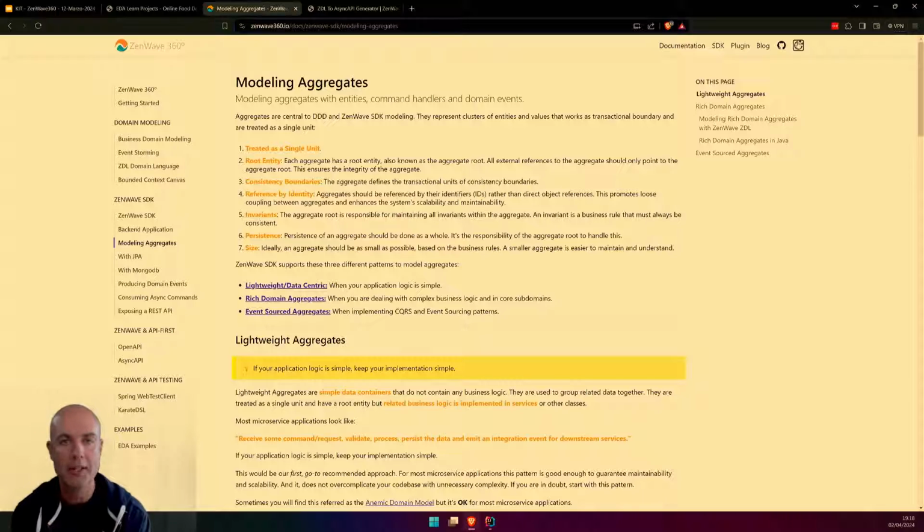From a domain-driven design perspective, an aggregate is a cluster of entities and values that work together as a single unit, a transactional boundary, and has a root entity and some data inside. We can model lightweight, data-centric, rich domain aggregates, or even event-sourced aggregates.